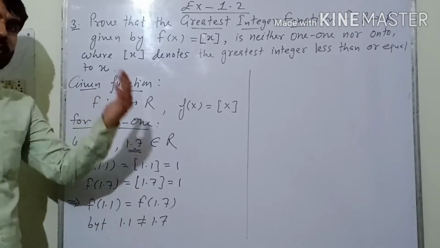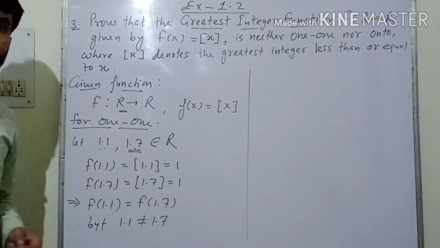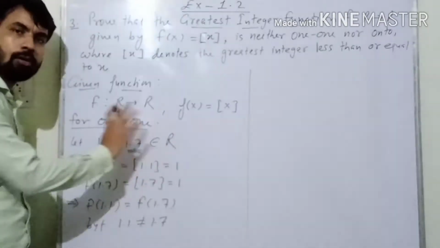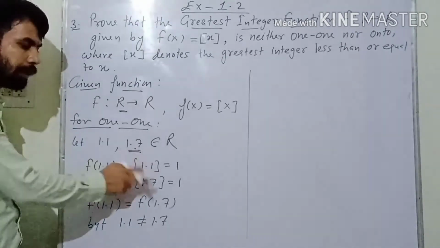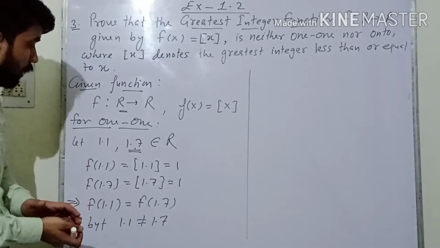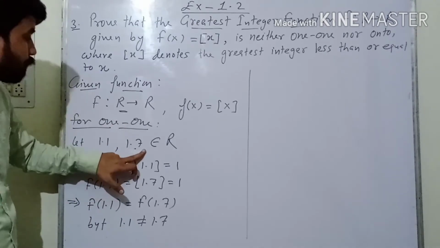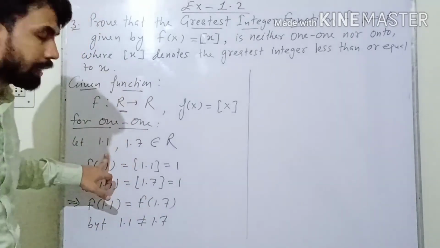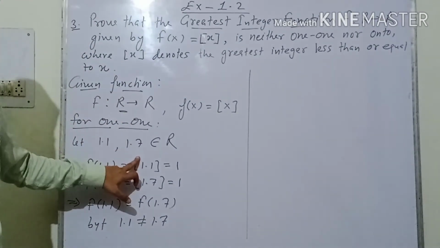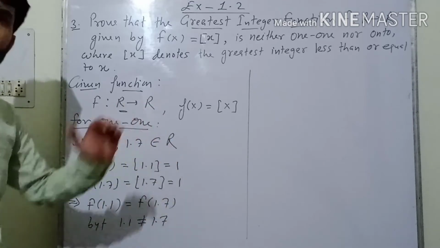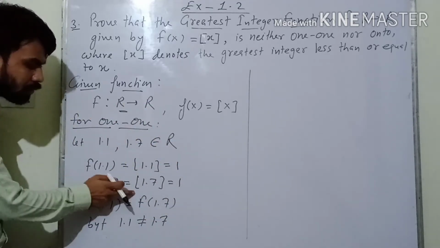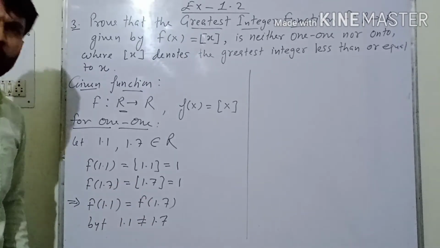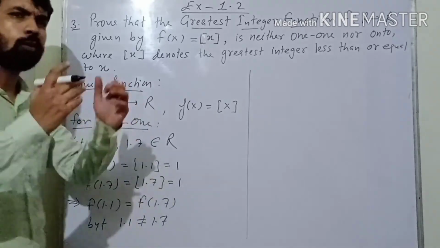Now see, in the previous question, whenever we check whether this function is 1-1 or not, what do we do? We consider two different numbers belonging to the domain such that their images are equal. Then we should prove that whatever x1 and x2 we considered were not different, they were the same. But here the images are the same, but the numbers are different. Hence it is not 1-1.